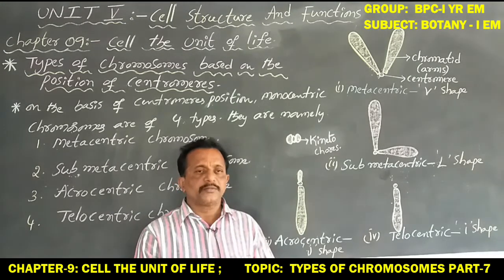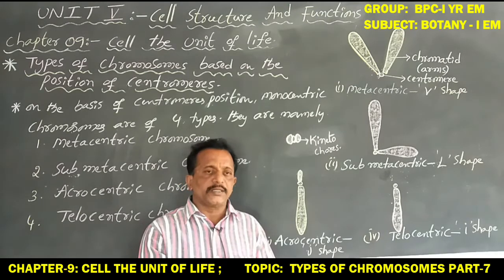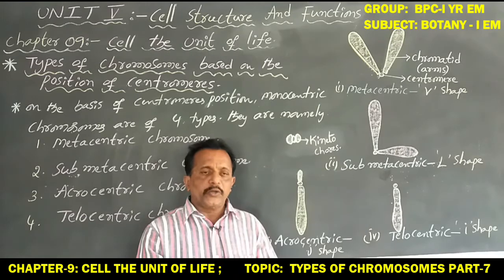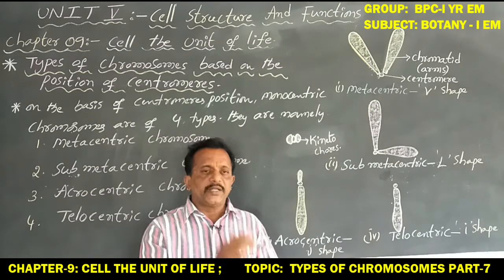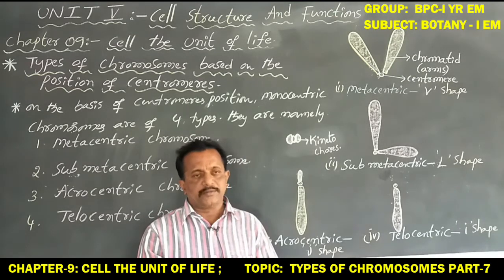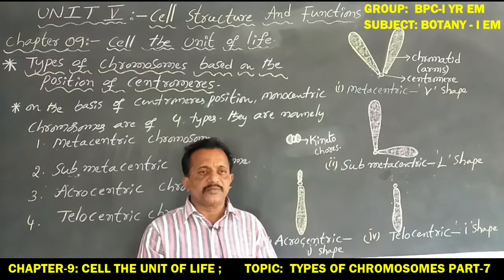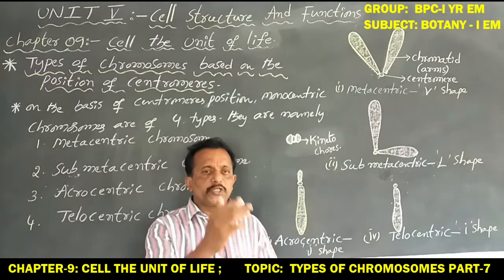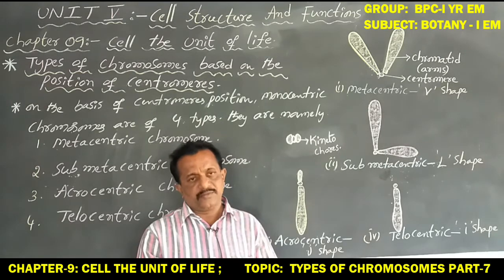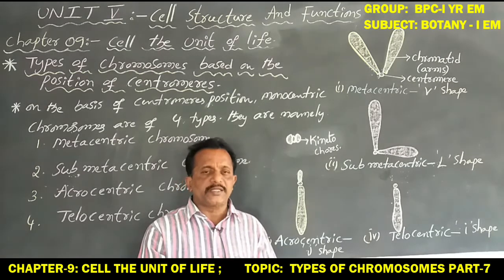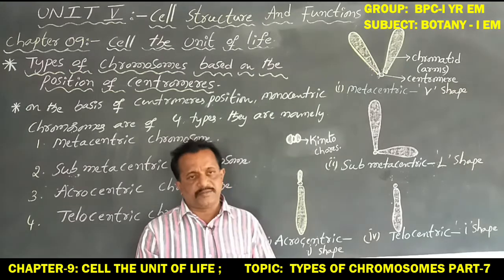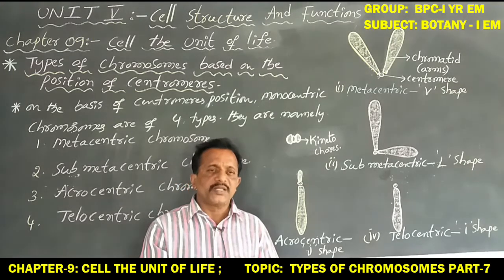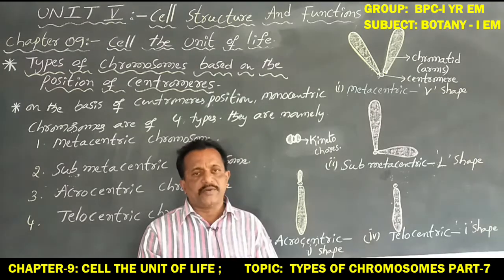In general, a cell always reproduces or divides, and thereafter produces two cells. A single parent cell divides to produce daughter cells. These daughter cells are equal in size or sometimes unequal in size. That is known as mitosis and meiosis. So overall, cell division is of two types: one is mitosis, another one is meiosis.